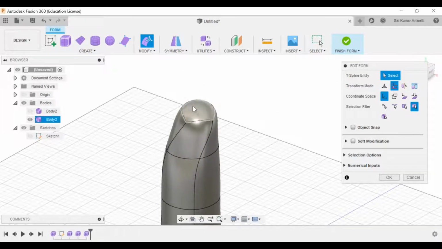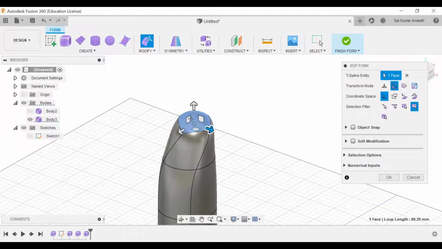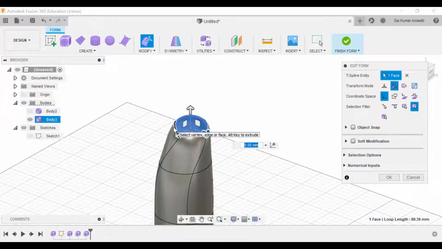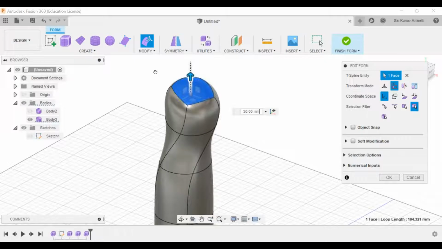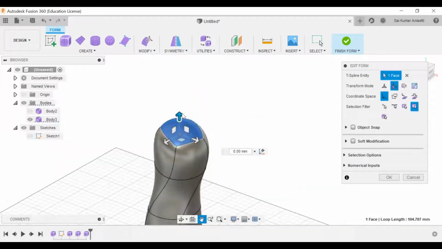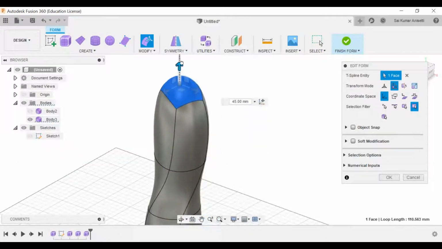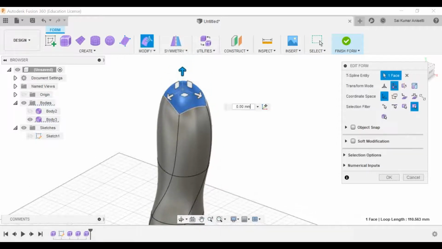I'll select this face and now add some material with alt and just pull it. Now I'll just pull these objects and you see, you can play with these things.